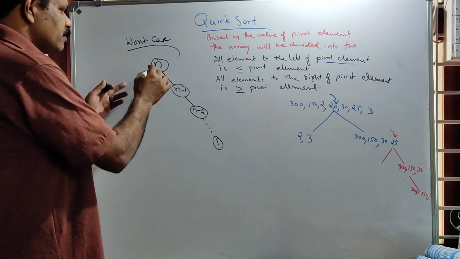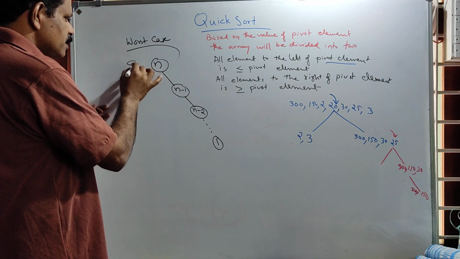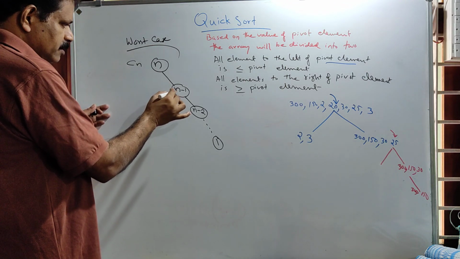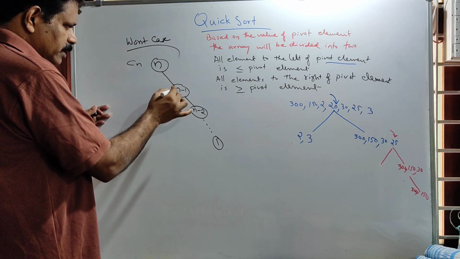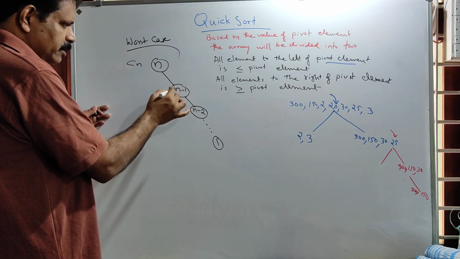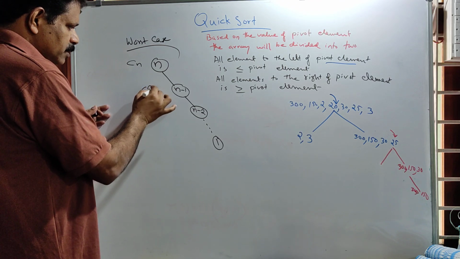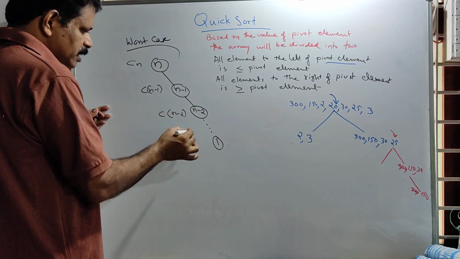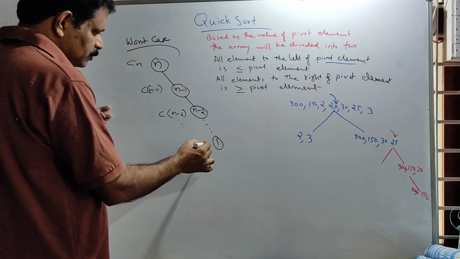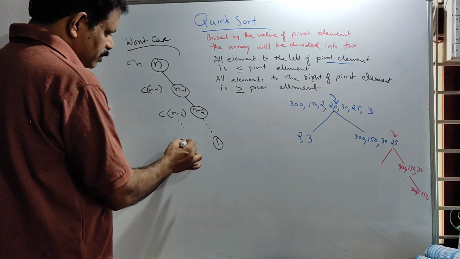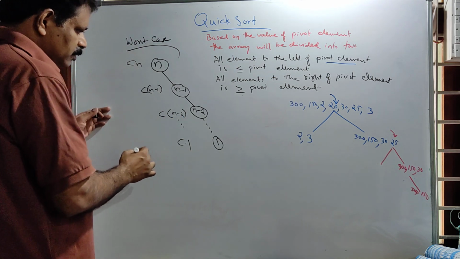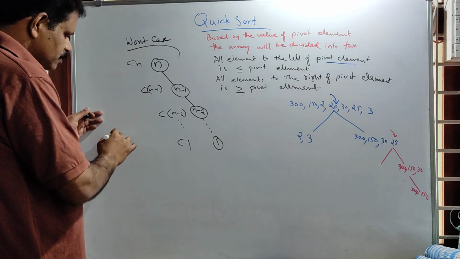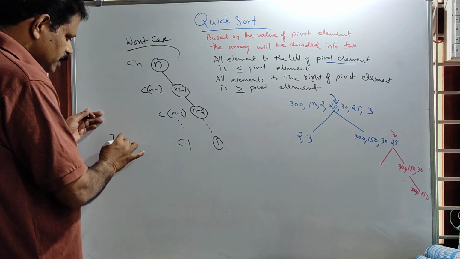Then what is the cost of partition here? It is Cn. At this node there are n minus 1 elements, that is problem size is n minus 1, cost will be C into n minus 1. Here the cost will be C into n minus 2, like that. The cost will be C into 1. Then what about total cost? Total cost Tn equal to